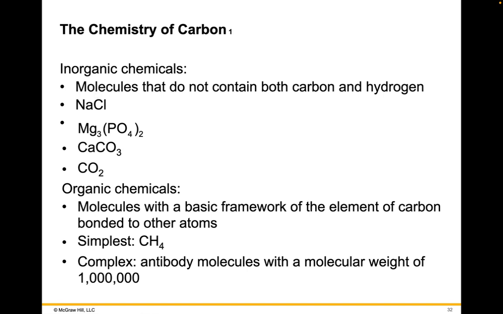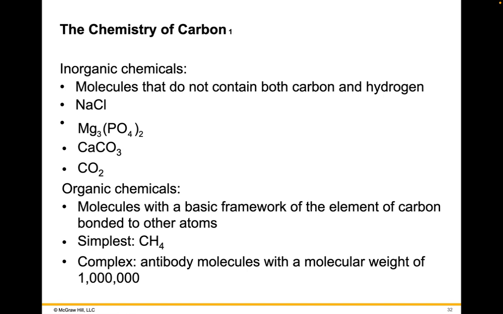Today we're going to talk about carbon and its importance in life. Carbon is the fundamental building atom for what we call organic molecules. Now, don't think of organic like what you think of when you go to the grocery store. I ask students all the time, what does organic mean? And they think it means naturally occurring or common or abundant. And that is not the definition of organic